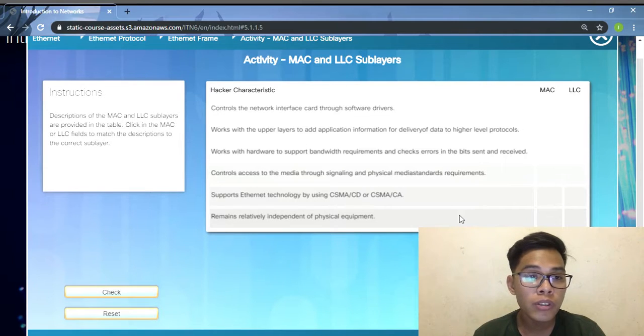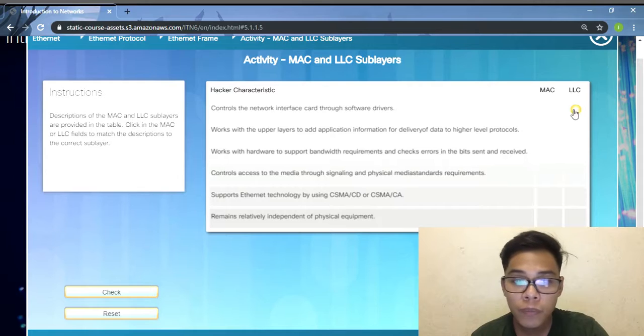So there are descriptions, and we will just choose if it belongs to the MAC or the LLC. So the first description is controls the network interface through the software drivers. So I think this one is